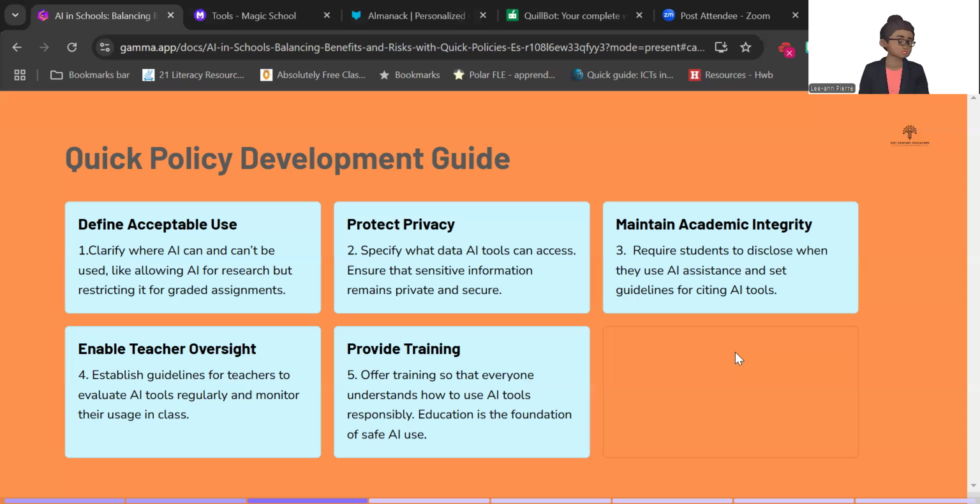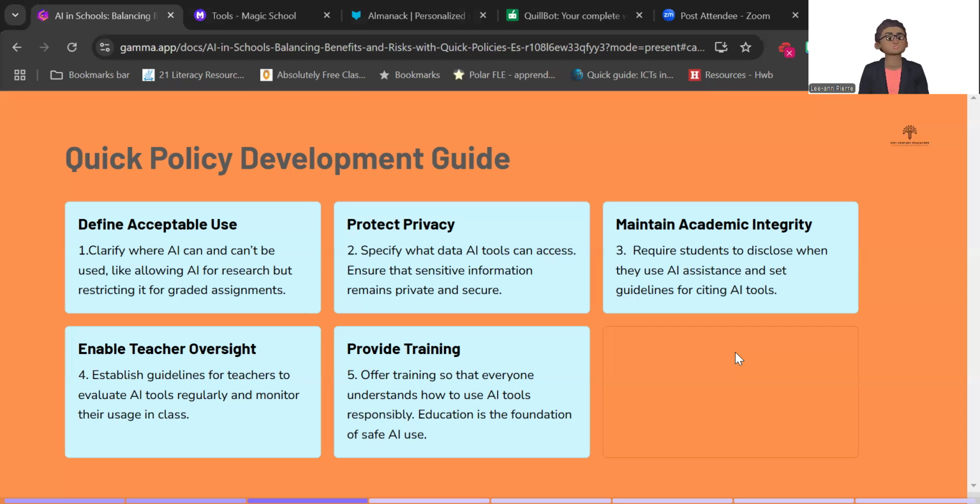And finally, we need to provide training. We need to offer training so that everyone, all stakeholders, students, teachers, administrators, parents, any stakeholder that's involved in the institution, understand how to use these AI tools responsibly.